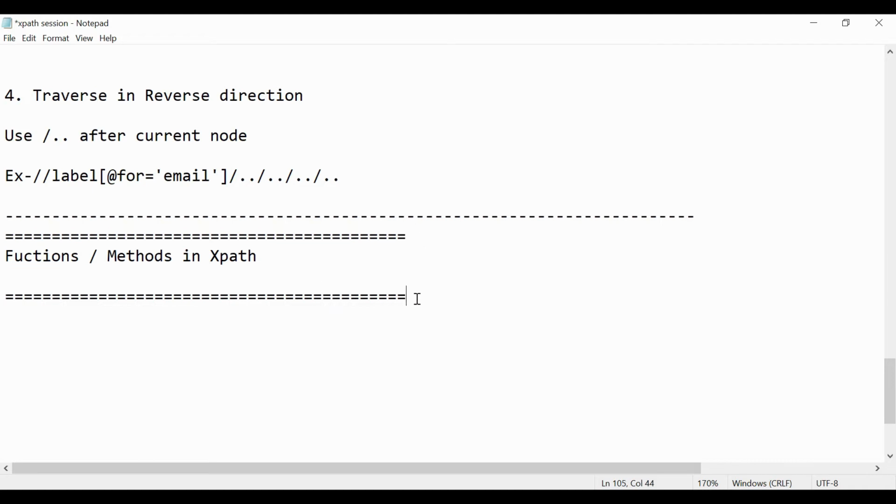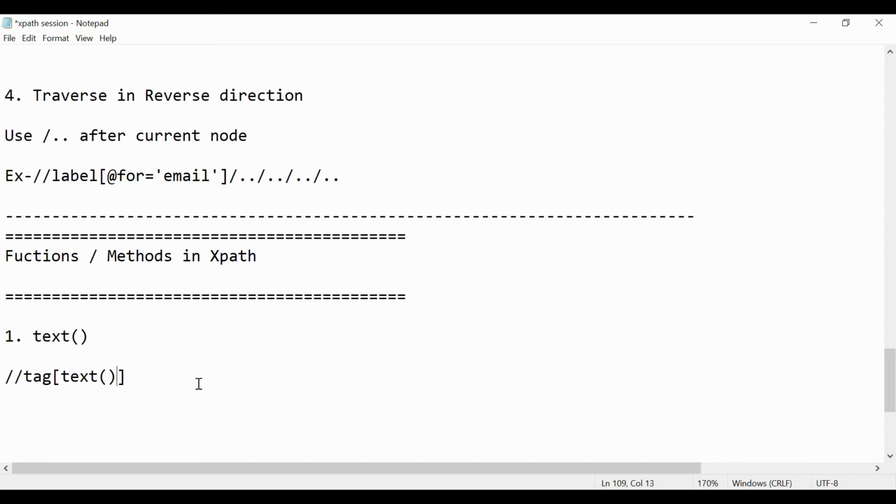Okay, so first function is the text method. So what is the text method in XPath? I will give you the syntax first. It's very much similar to the basic syntax of XPath. Here you have to use tag, here text.